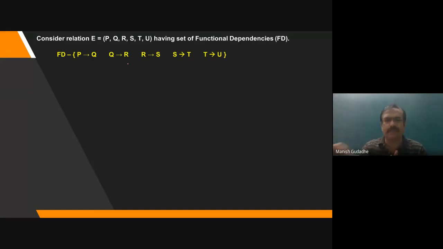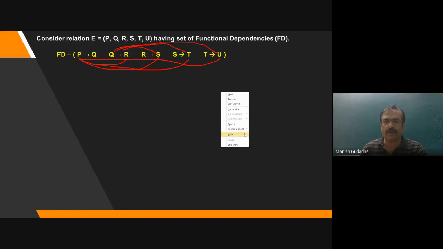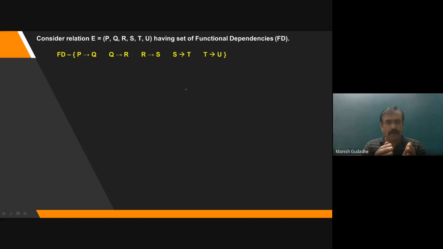Okay, so if I am listing out, there will be a number of FDs which are possible. Like P is determining R, P is determining S, P is determining T, P is determining U, and so on. And similarly, Q is now determining S, Q is determining T, Q is determining U. So yes, there is an endless creation of all these things. So we'll better make it at a smaller range.